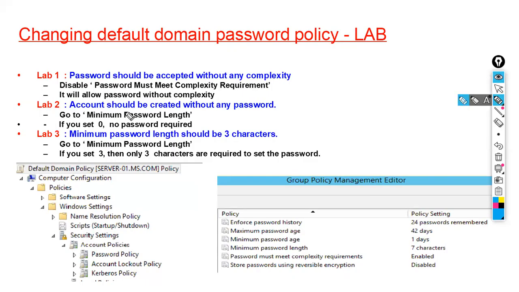Our second lab is account should be created without any password. Okay, so to create any account without any password, what you will do, you will go to minimum password length. Here minimum password length is 7 characters and we'll make it 0. If you make it 0, it will accept the username without any password. Okay, so let us go